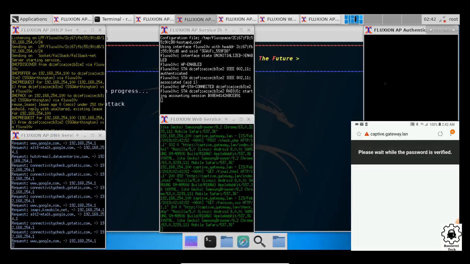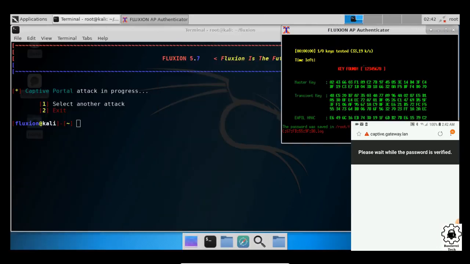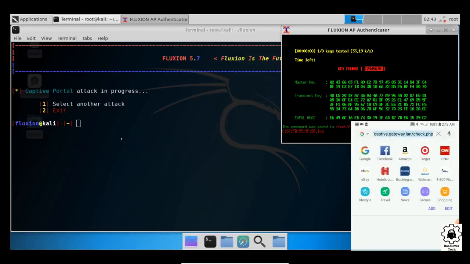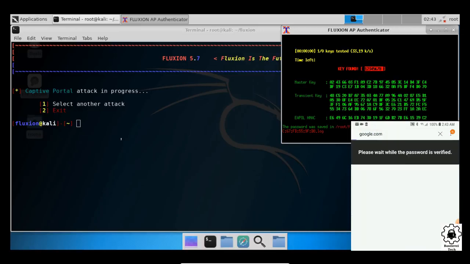And you'll see success. Key found. It shuts everything down. So if your target goes to Google now, it appears like it works,